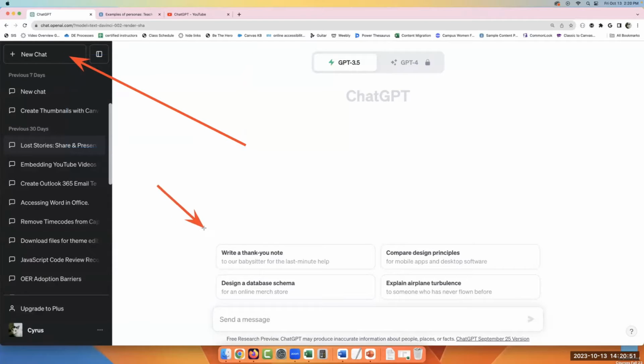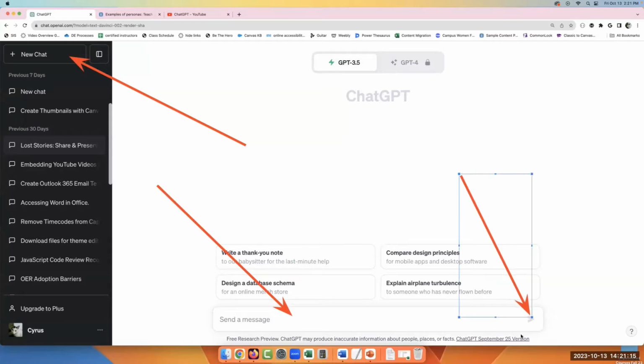And from here, you have some examples. These are just some example prompts from ChatGPT, giving you a little help with what you might want to write, including a thank you note to the babysitter. And below it is the send message area. This is where you're going to type in your prompt. And then it's very simple.